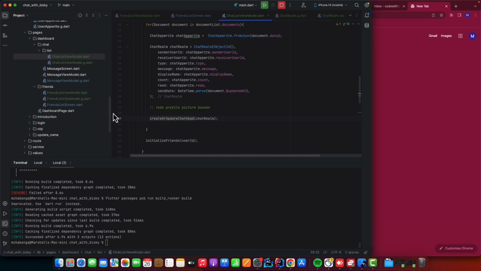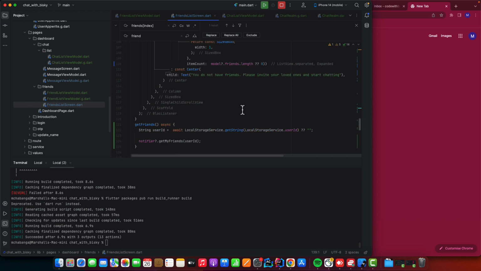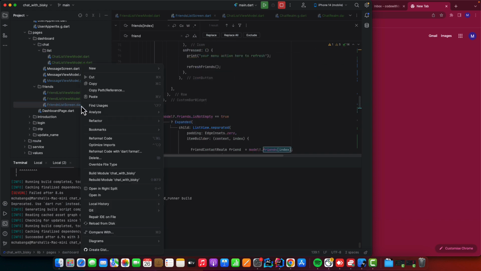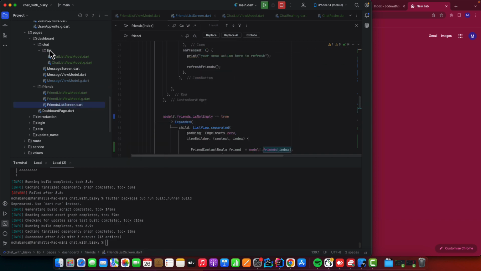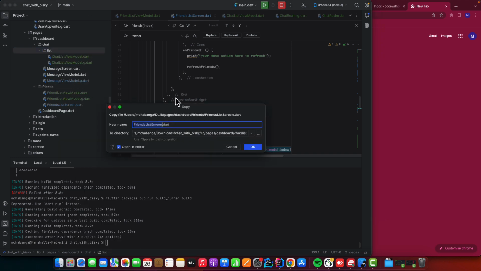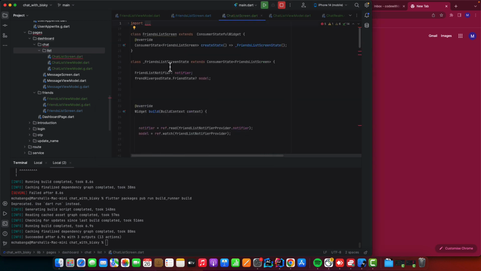And so let's create our chat screen. Our chat screen will be the same as this one, which is the friend screen. So let's just copy this one. Let's go to our list, paste, and here we can call it chat list screen. Chat list. I can say okay, chat list screen, and I want the name. Okay, so here let's just copy and